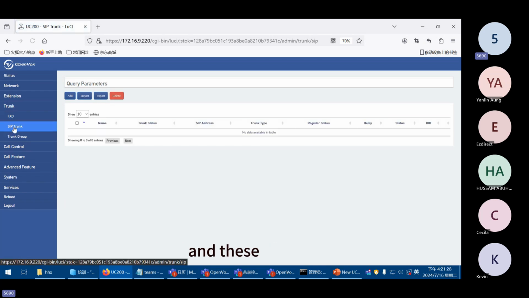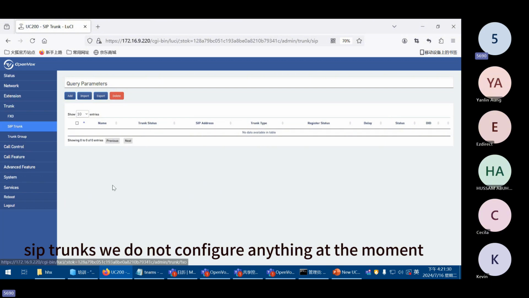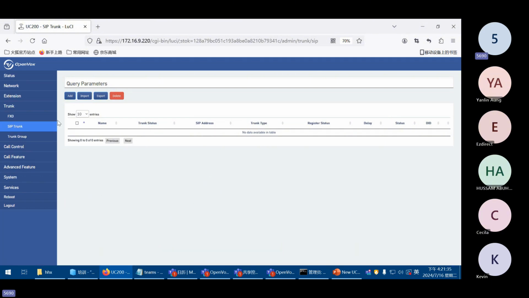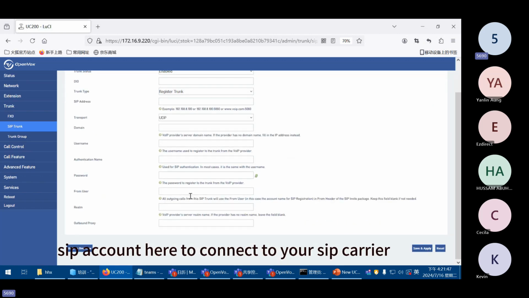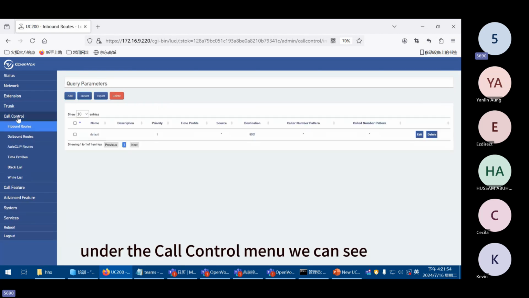And for these SIP trunks, we do not configure anything at the moment. If you have SIP lines from your SIP provider, you can add the SIP account here to connect to your SIP carrier. Under the call control menu, we can see